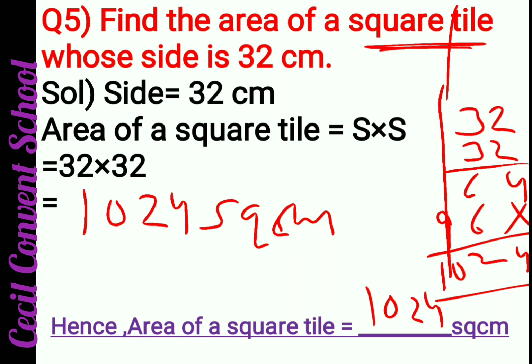Clear? Now students, today we have learned what is an area. Area is the amount of surface enclosed by any object. That is called area, and its unit will be square unit. Means it can be square centimeter, it can be square meter. Then you have learned the formula of area of a square, side into side. Then you learned the area of a rectangle formula, that is L into B. Clear? On the basis of these two things, students, you have done activity 4.